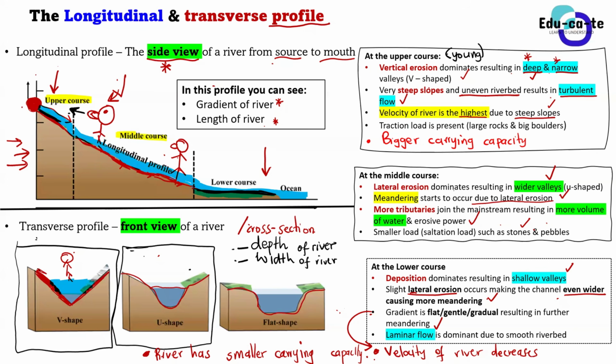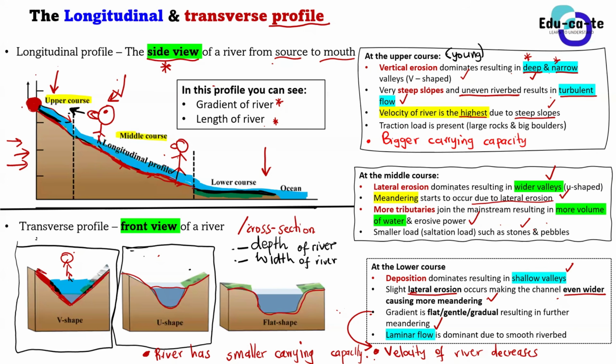Next, the velocity of the river is smaller, or you can say that it decreases due to the gentle gradient. It's a separate point, guys. You put a full stop after each point. That's another 2 marks. You say that the velocity of the river decreases due to this gentle gradient. I'm sure you already mentioned that there's a gentle gradient. So now the velocity of the river decreases due to this gentle gradient. That's another 2 marks. Full stop.